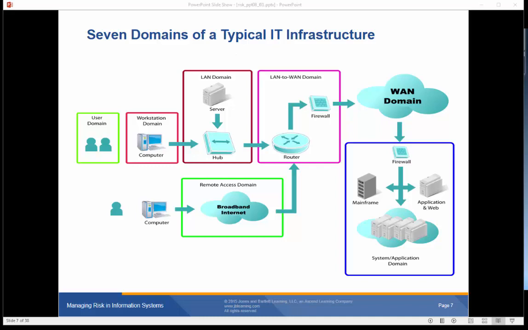They're users, employees, contractors, or consultants. Basically the old phrase that a chain is only as strong as its weakest link applies to IT security too. So people are often the weakest link in IT security. Hence the user domain, especially when they can give up passwords or compromise passwords by writing them down and